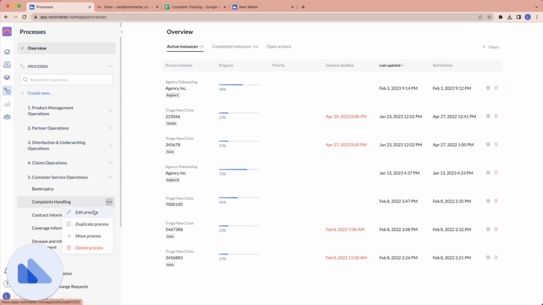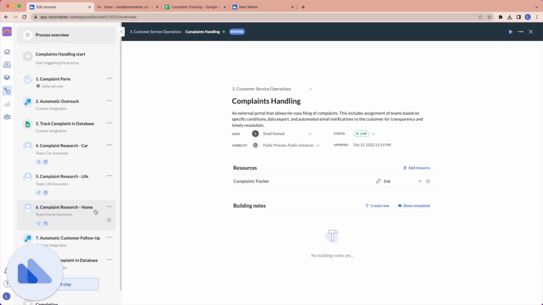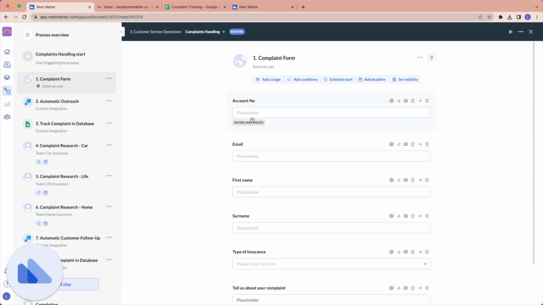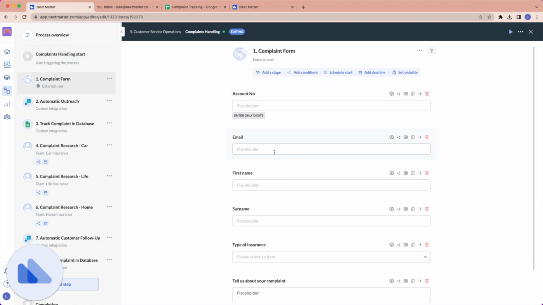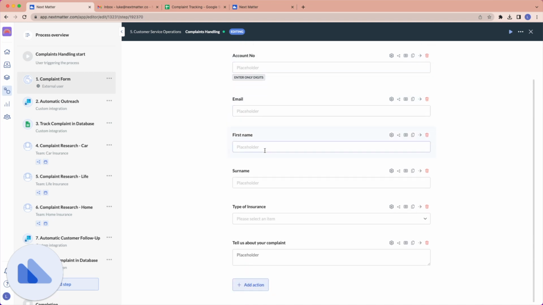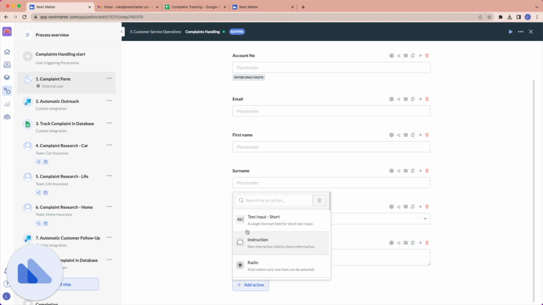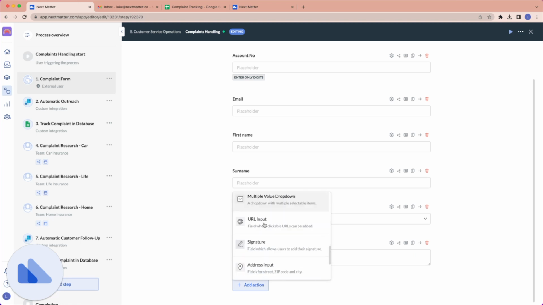Let's show the back end of this process and see how it's configured. In this process, we've created a custom form that captures all the details of the complaint, from the customer account number, email, the type of insurance. We've added a drop down to capture that, and an open text field where they can file their complaint. You could add any other sort of information you'd like. If they wanted to upload an image or a file, maybe they need to sign something, whatever you need for